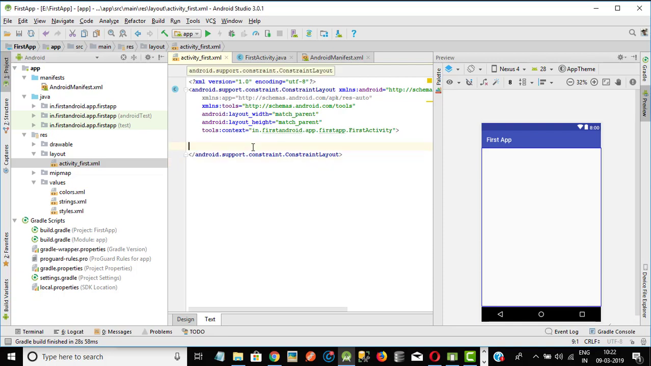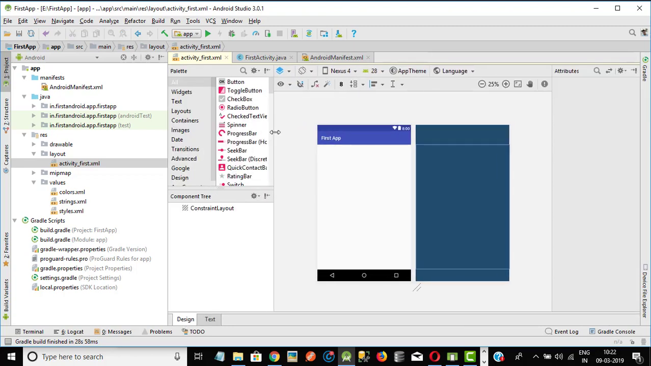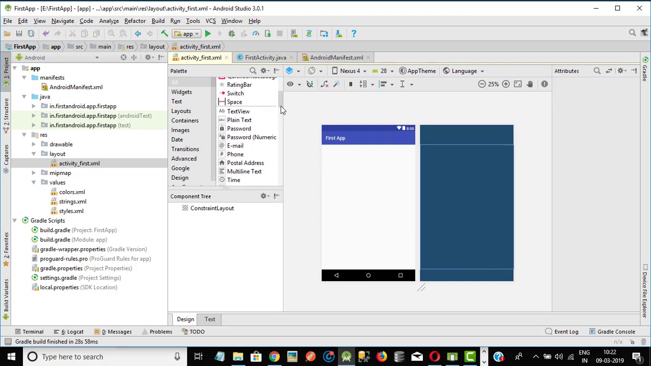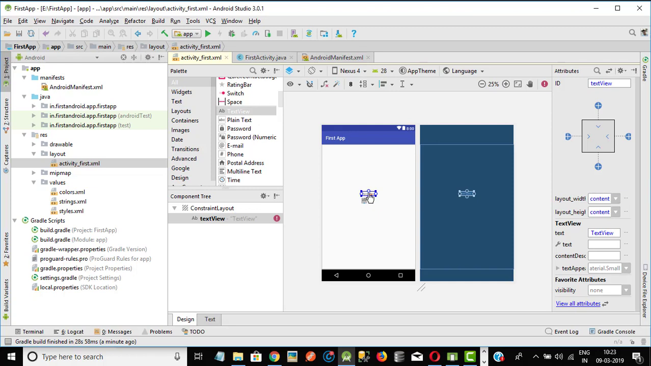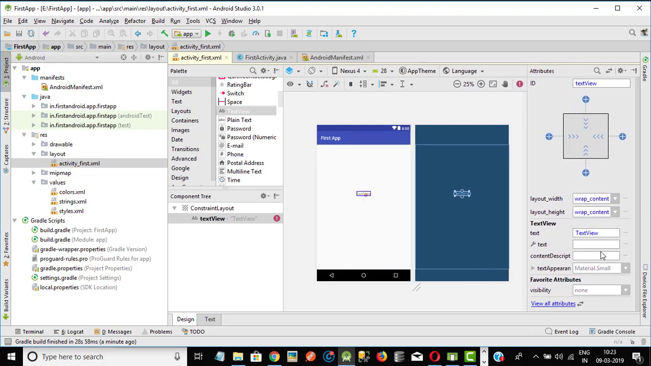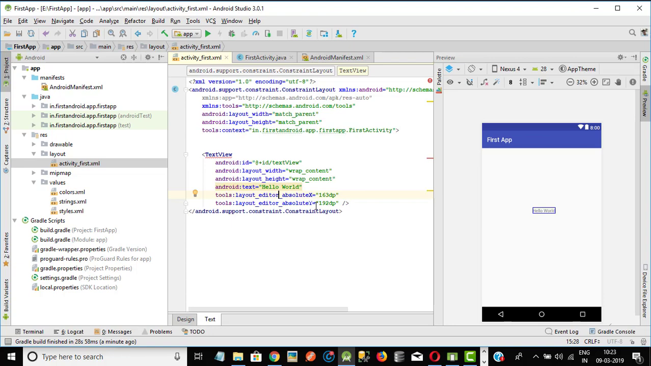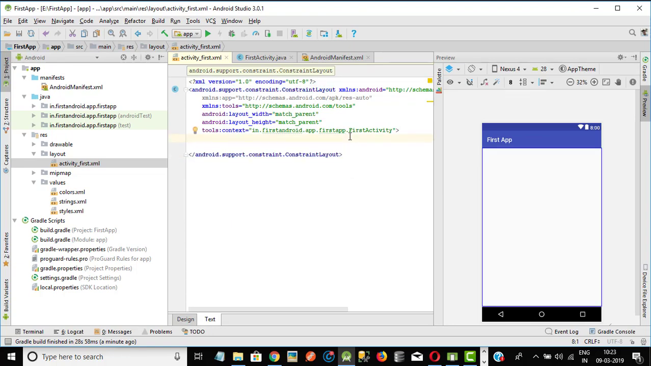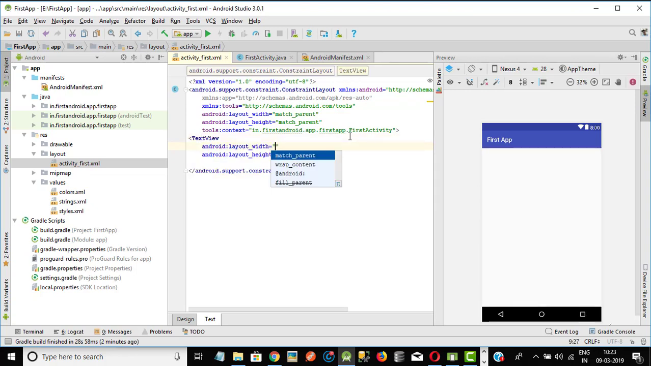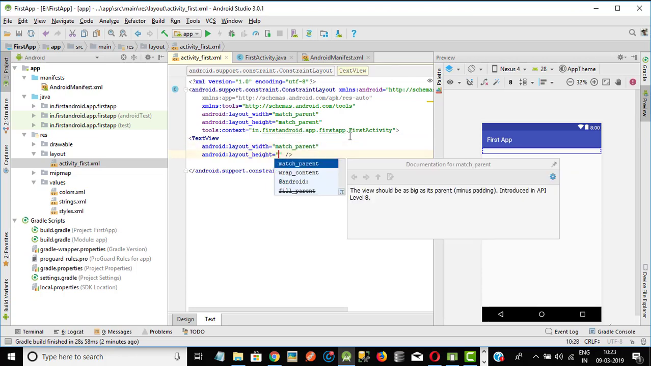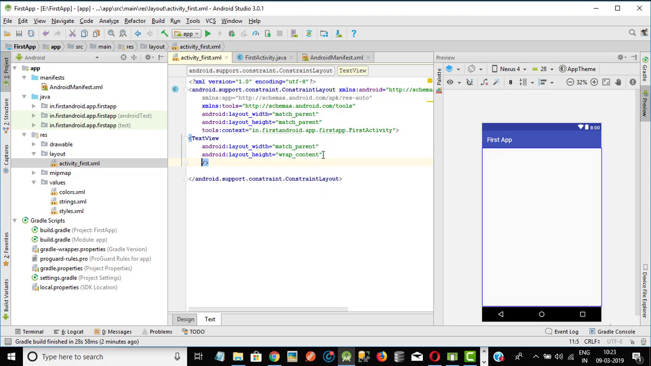So basically what we need to do is take a text view. We have different options in designing, like we can do this by using a text view. For example, this is our text view. In text we will write it as hello world. Okay, so I'm deleting this part. What you have to do is take a text view with width match and height wrap content. Okay, so I'm writing the text as